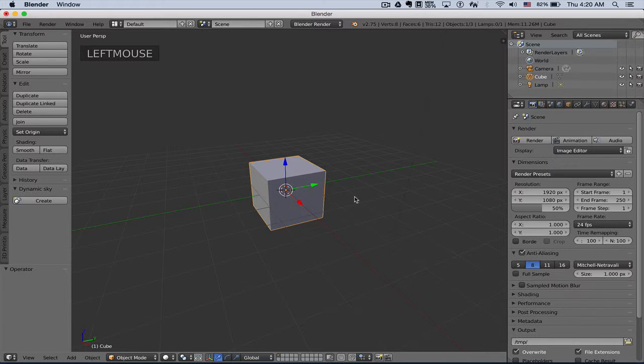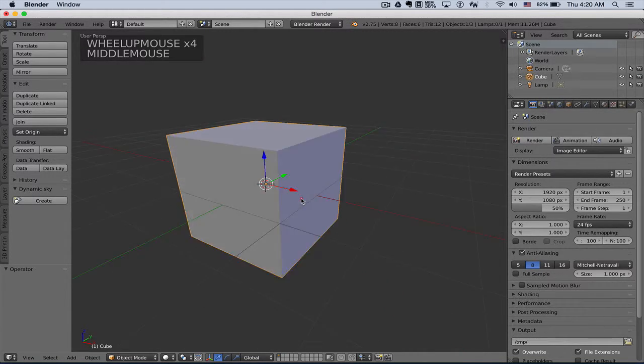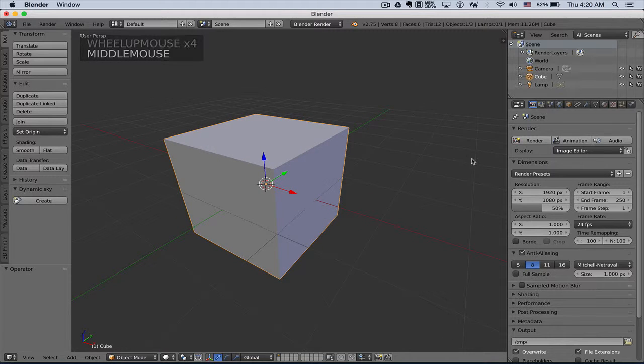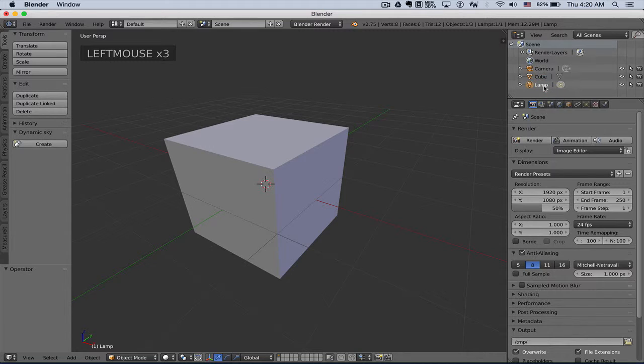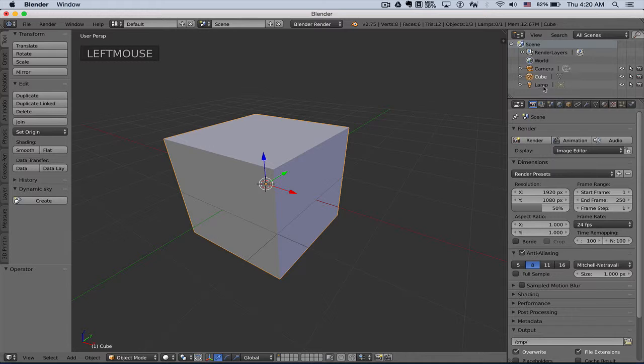So hiding a mesh is really easy, so we'll cover that one first. So with your mesh selected, and I've got the cube here, come up here to the top right hand corner and you'll see that we have the outliner view. You'll see that I've got my camera, cube, and lamp. To the right of all three of these, I've got three icons. I'm going to go ahead and left click on my cube,